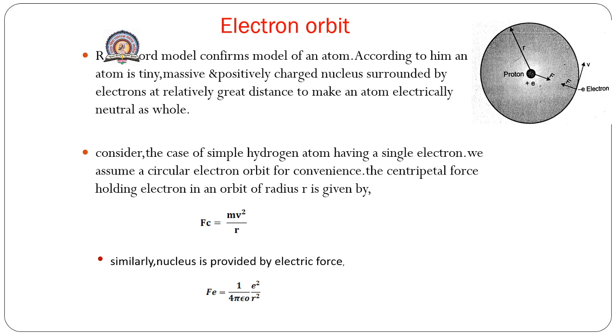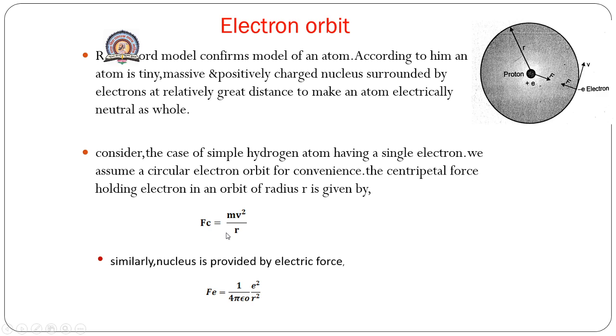the centripetal force required for rotation is provided by the electrostatic force of attraction between the positively charged nucleus and the negatively charged electron. The centripetal force holding the electron in an orbit of radius r is given by Fc equal to mv square upon r, where m is the mass of the electron, v is the velocity and r is the radius. Similarly,